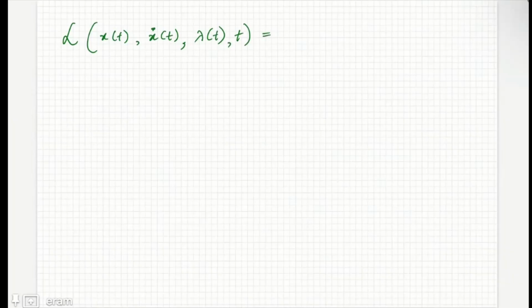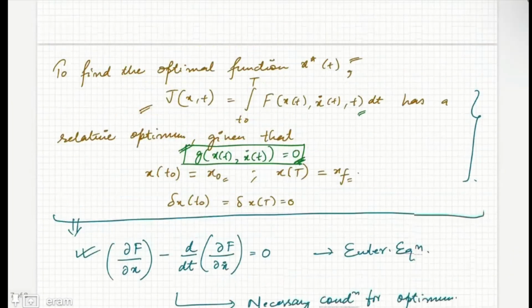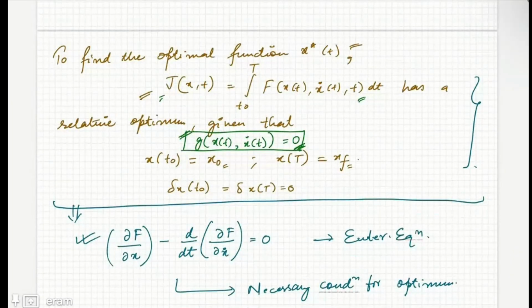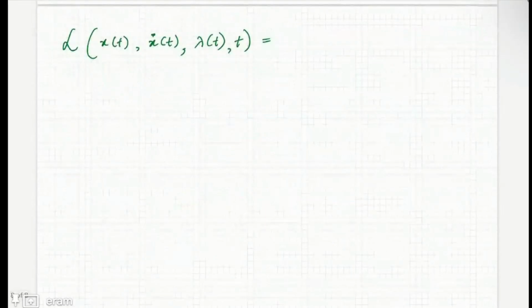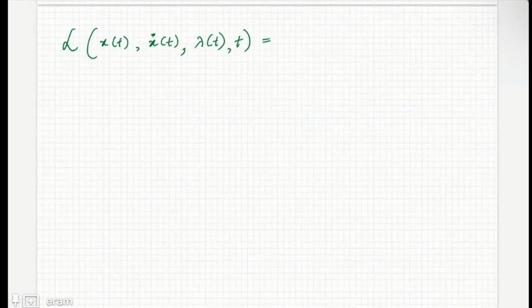So we need to transform the constrained problem to an unconstrained problem. For that, instead of the functional J and the Euler equation that we were evaluating for f, we define the Lagrangian, which is the same as that integrand